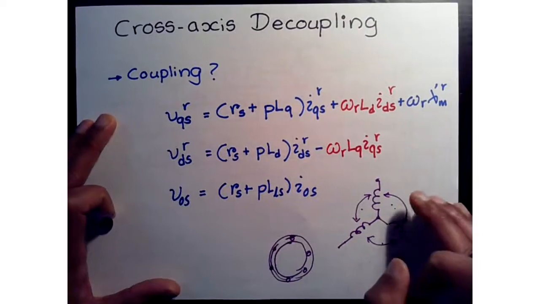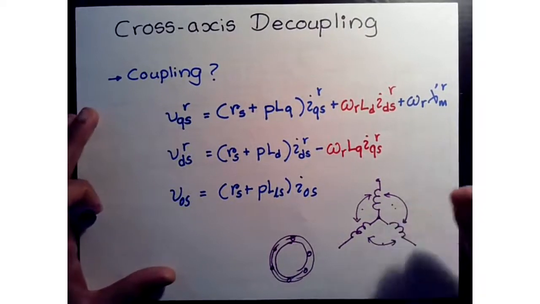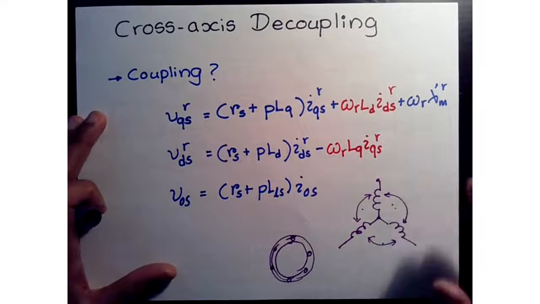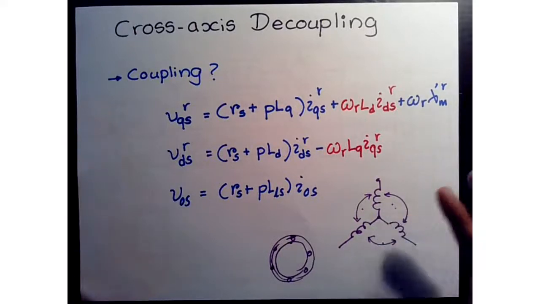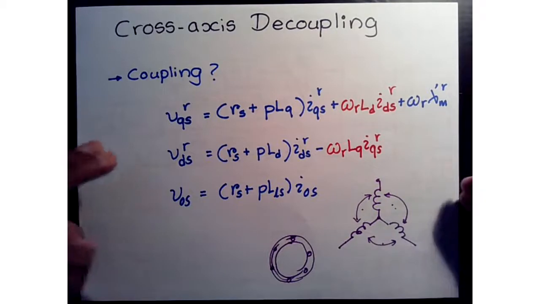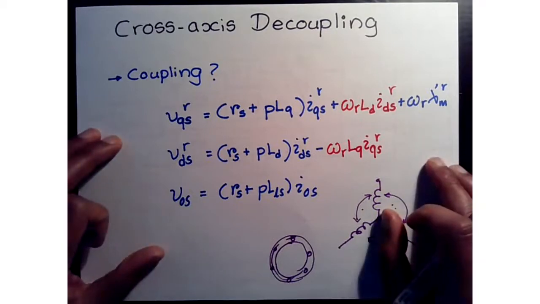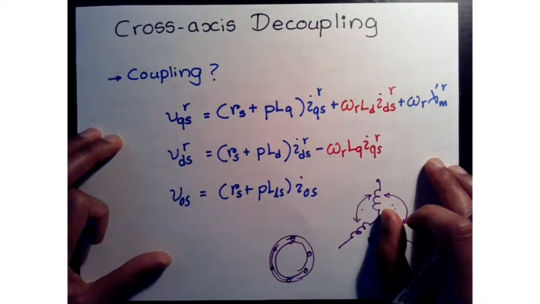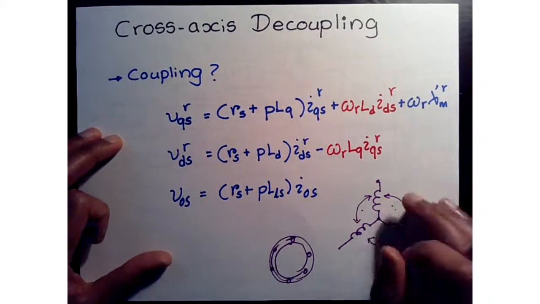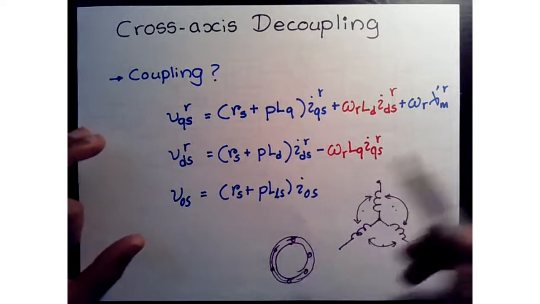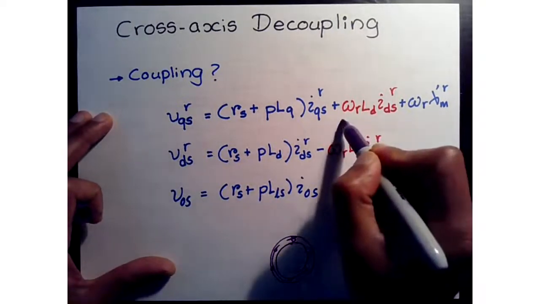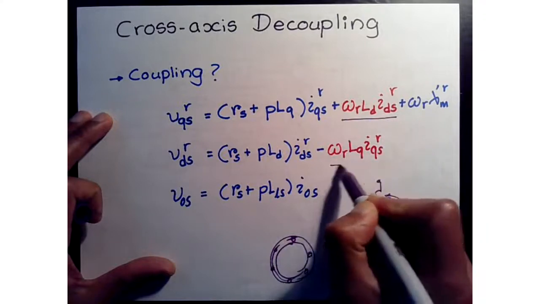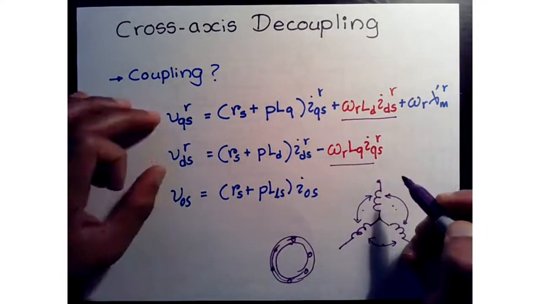So it's a little bit messy if you go back and look at those stator reference frame voltage equations. The inductance matrix is a 3x3 matrix, which is heavily coupled, and very difficult to understand, right? However, when we do the rotor reference frame transformation, we can see that there is some coupling between the two